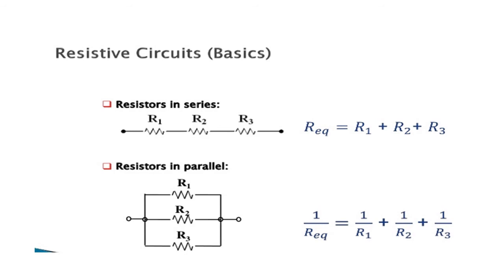Next, we see about the resistors in parallel combination. If one end of all the resistors are joined to a common point and the other ends are joined to another common point, the combination is said to be the parallel combination between the two common points. A voltage source is connected between the common points. Hence, the current flows through the different resistors. The current is inversely proportional to the resistance. So that is 1 by R equivalent is equal to 1 by R1 plus 1 by R2 plus 1 by R3.